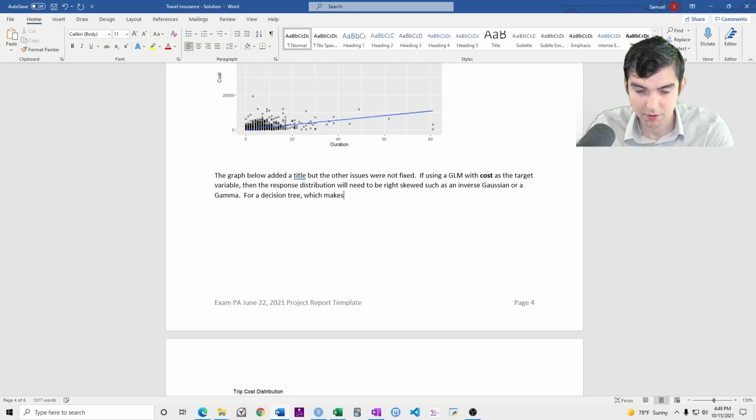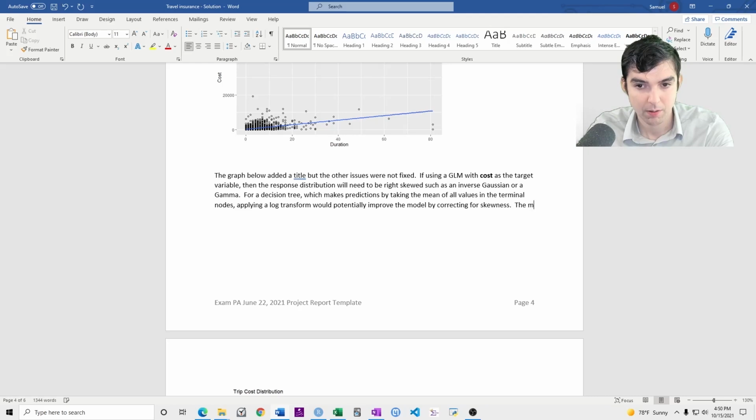it makes predictions by taking the mean of all values in the terminal nodes. Applying a log transform would potentially improve the model by correcting for skewness.